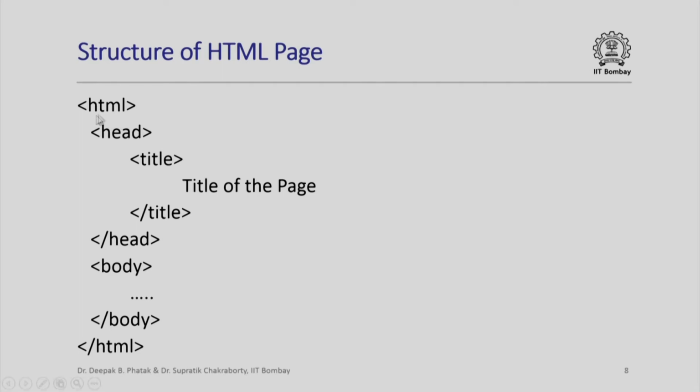So, you start a page by saying HTML, then you have a head, this followed by a title, you have the text which will appear as the title of the page, this signifies end of that title. So, this is the second part of the pair of the tag. Similarly, slash head means head has ended, body means body has started. You would have a variety of text here as part of the body, slash body will end the body and slash HTML will end the entire page. Please note that this indentation is primarily for the benefit of readers like us.